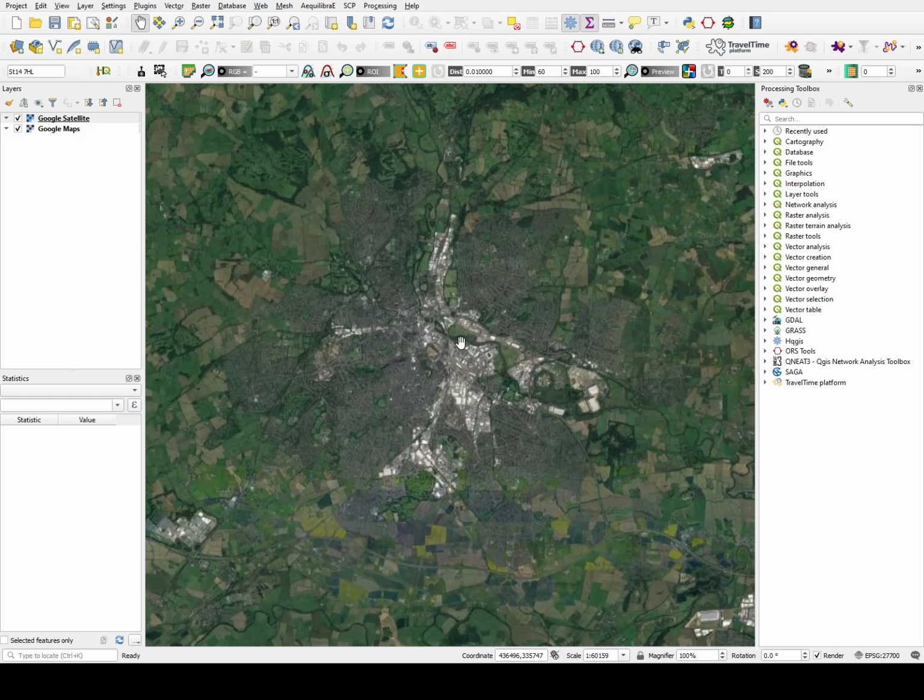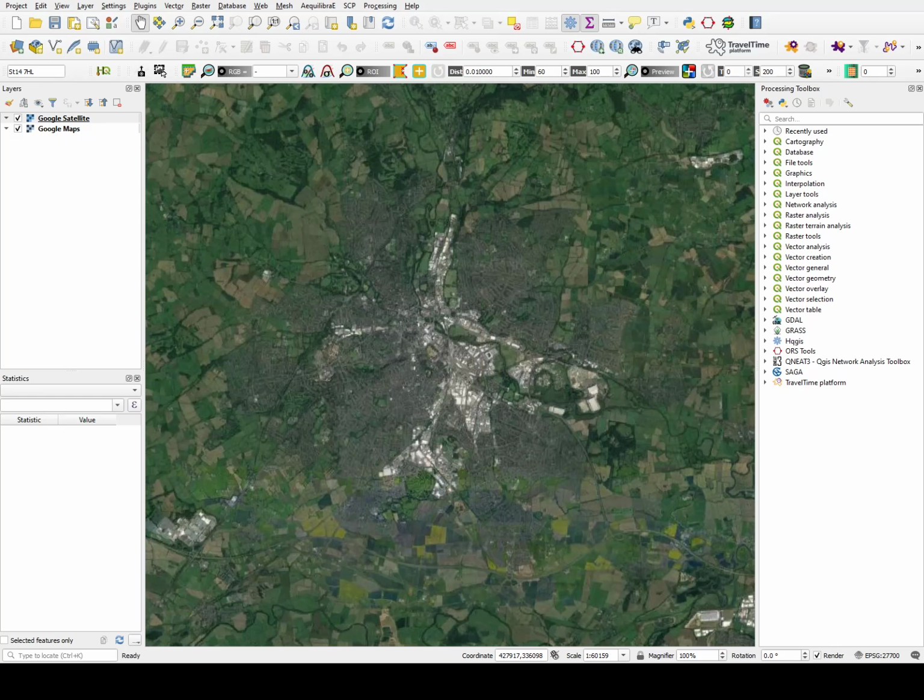So on screen you'll see I've loaded in the Google aerial map. This is the city of Derby in the Midlands. You can see on it, where I'm outlining with my pan cursor, the industrial areas, and you can see the residential areas, that darker brown colour, and the lighter colour tends to be the industrial. That's just to give you a rough first example, and nothing that you can't get from looking